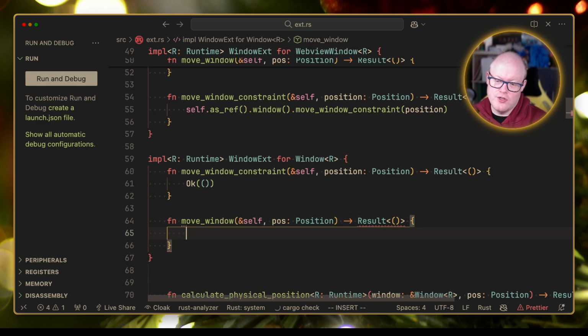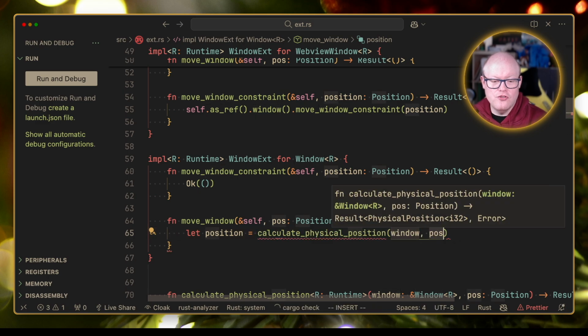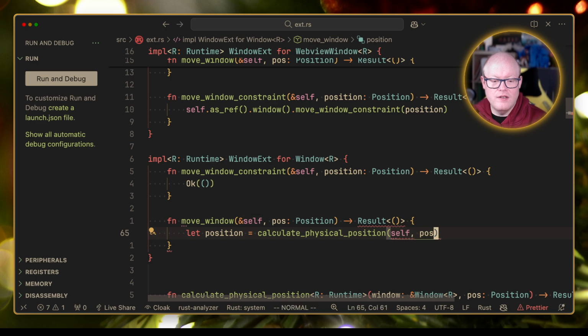So what we are actually doing here is let's call this one position. Let position equal calculate position and so on, and this window will be self, and we are putting the position in there